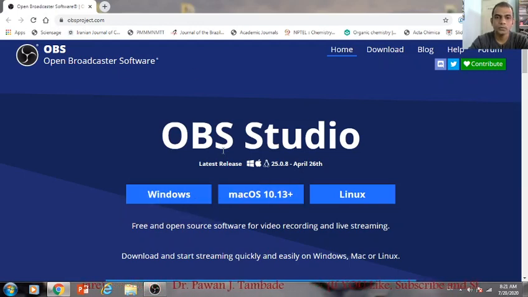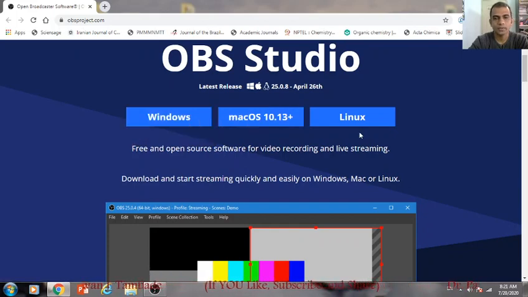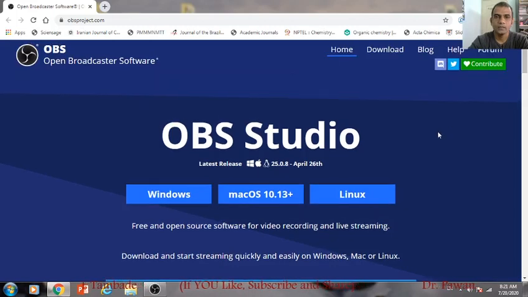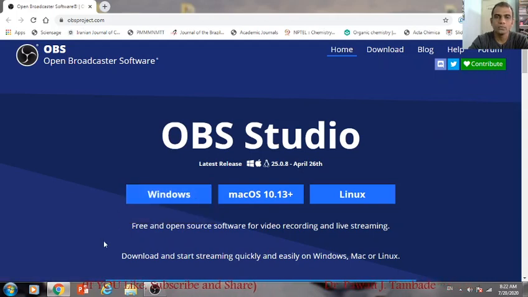On this homepage you will find OBS Studio is available for download for Windows, Mac operating system or Linux operating system. If you are using a 64-bit Windows system, you can simply click on this icon and your OBS Studio will get downloaded within some period of time.